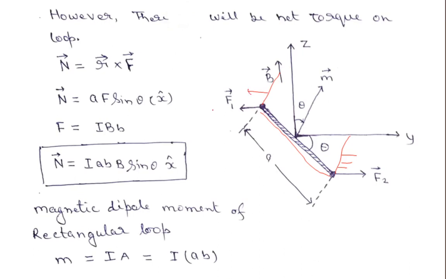So this means these forces at the termination point are equal and opposite, so the net force will be equal to 0, but this force will work on this side. Okay. So what will happen? These forces are equal and opposite in direction, so they will work as a couple. These forces are behaving like a couple.